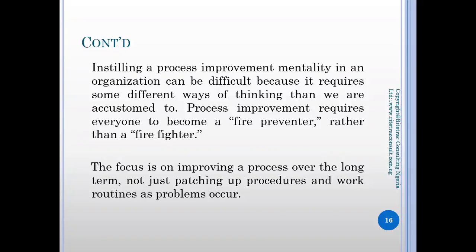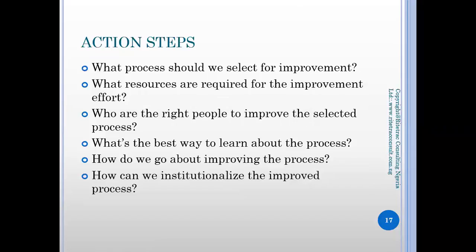problems occur. I told you about the doctor and symptoms of headache. If you patch up things, that means you are just giving somebody a painkiller, and at the end of the day, something bigger might happen to the person. So do we have in our processes. Our processes need to be worked upon. They need to be improved on a regular basis. We need to ask questions on the status quo, and that is just that.